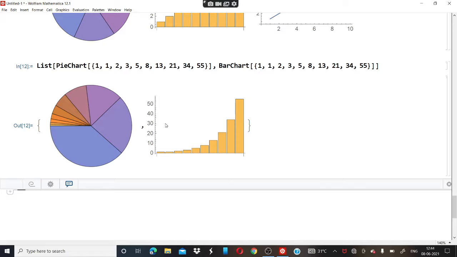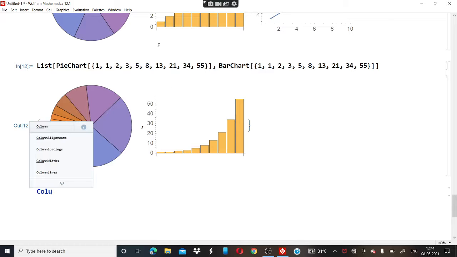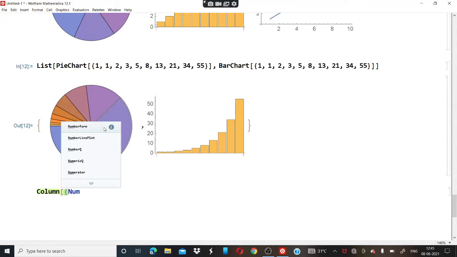Now, our next question is, make a column of two number lines and given input is 1, 2, 3, 4, 5, that is range of 5. So for that, to represent in the column form, we will write column, then brackets. For number line plot, we will directly write number line plot.